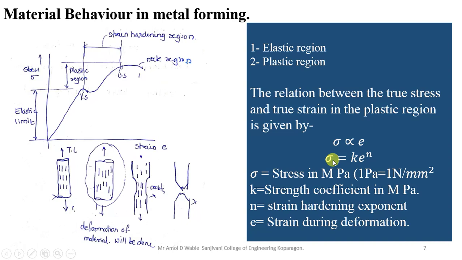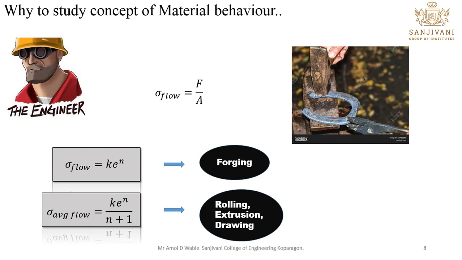So exactly this curve defines the flow of a material, isn't it? Because whatever the grains are changing, it has some flow. So whatever stress is generated in this region, we now call this the flow stress. Further on you will find out why we give this the name flow stress.